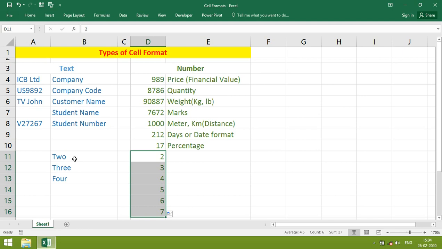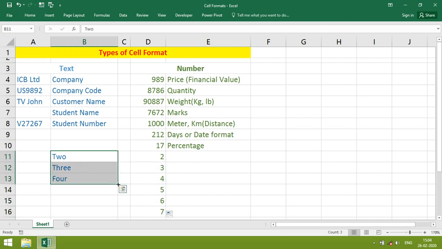If I change here text, it will not change, simply because text doesn't have any value, so there won't be any reference point or increasing point.